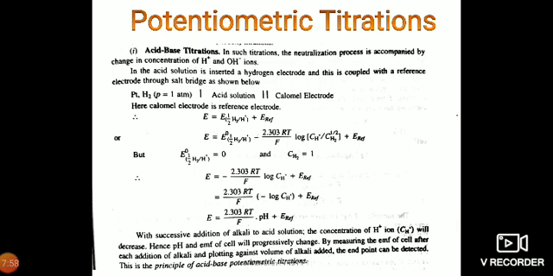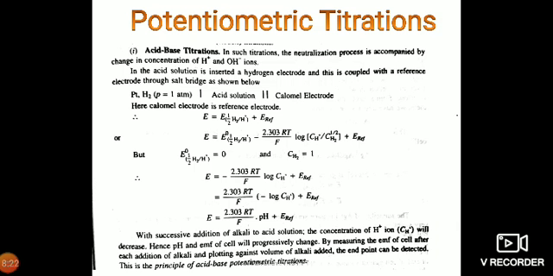Therefore, that minus sign in the above equation has been reduced to plus. In the bracket we have an expression for pH, that is minus log of activity of hydrogen ion concentration. So for that minus log of concentration of H+ ions, you can write down pH. Therefore, the equation reduces to the form E is equal to 2.303 RT by F into pH plus E reference.